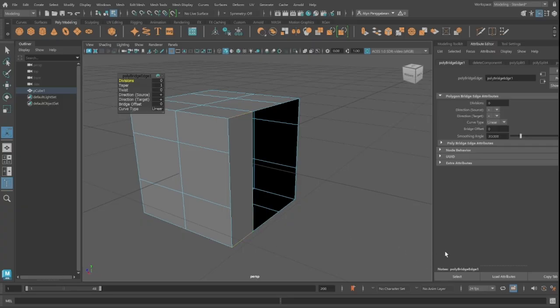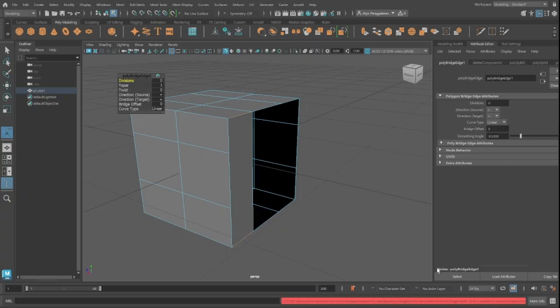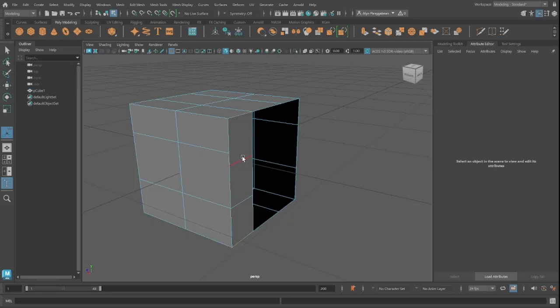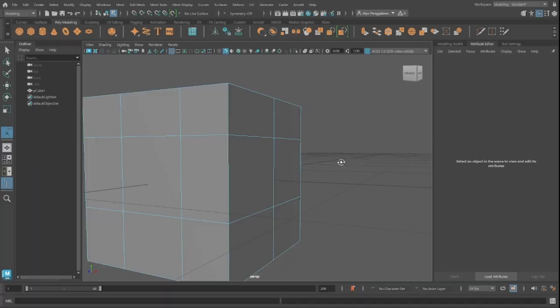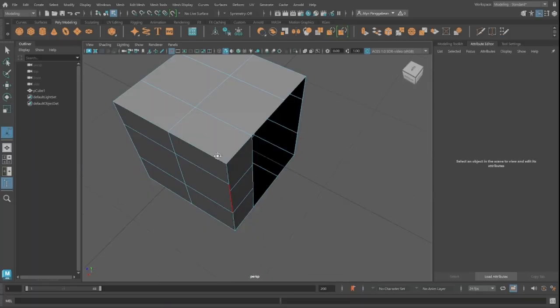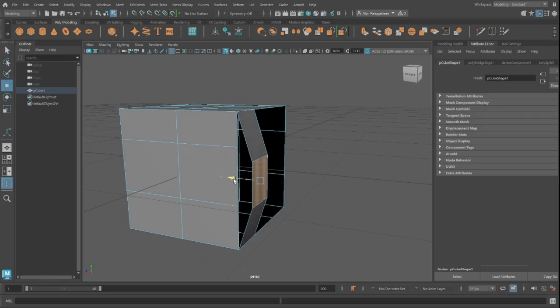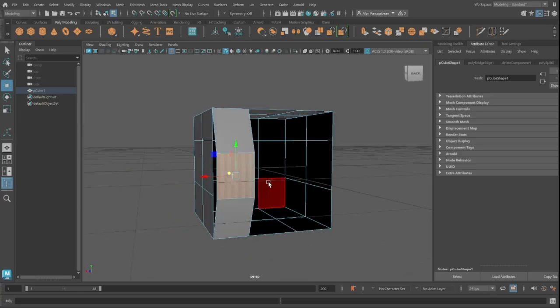And you can add more things here. If you add 3 divisions, apply. Okay, forgot I only did 2. And you can notice that because I used edge loops to create my loops, it's not equal to each other. You'll know what I mean when you drag it out. You can see that it's only attached to these 2 edges right here. So what you can do